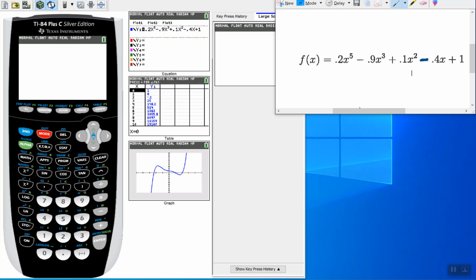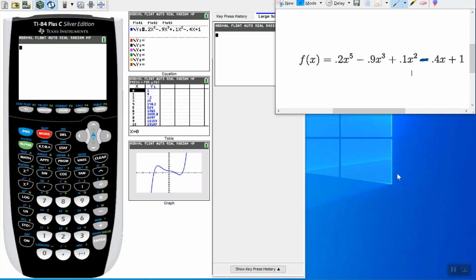So, if you're in a math class, your teacher might give you a problem like this. So I have this big fifth degree polynomial here, and it is definitely not a nice function. You're going to have no idea what this looks like just by staring at the equation itself. So that's where technology can come in to help us find the zeros of it. Now by zeros, I mean if I set the equation on the right equal to 0, what values of x